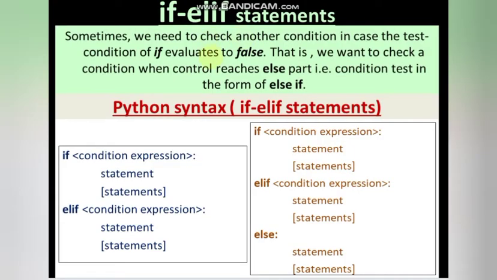Moving on, if elif statement. Now this is a special kind of a statement where after else, suppose you want to give if, you want to again check after else, then what kind of statements you will give? So else and then if. So here in Python, else and then if, you can write it as elif. So the syntax is else and if together, elif.